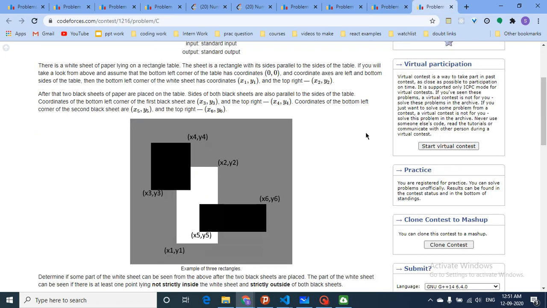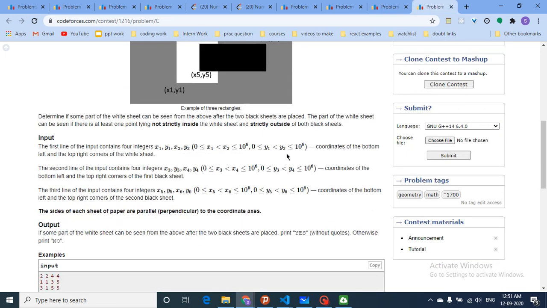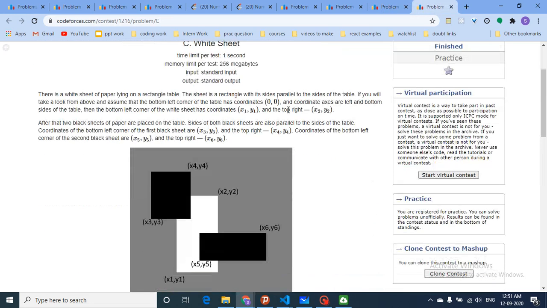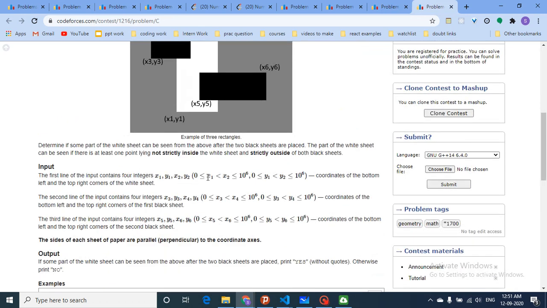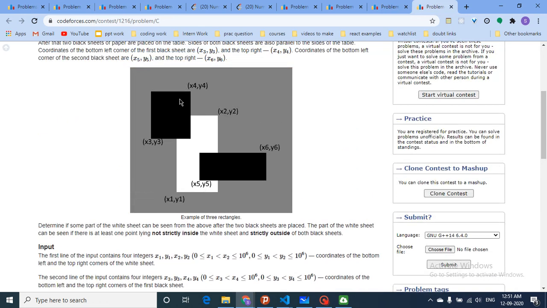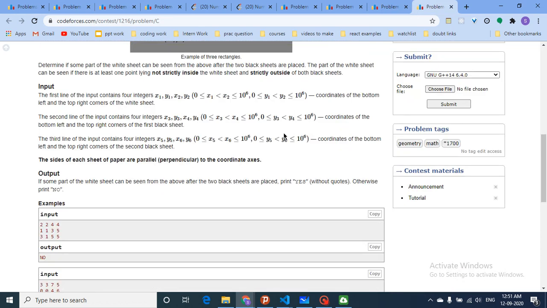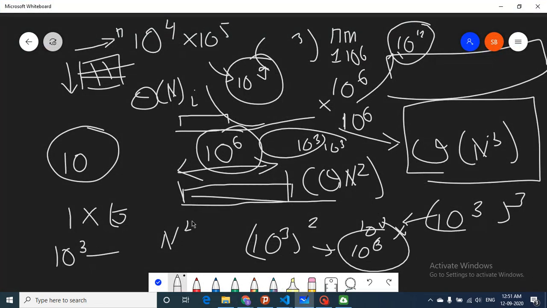And the last question. You can see that it is one question from Codeforces again, in which you are given some coordinates, these 6 coordinates. Now they are up to 10 to the power 6. Now the question in this is, because not always that you see 10 to the power 6 and it is an O of n operation, actually this question is just an O of 1 operation.